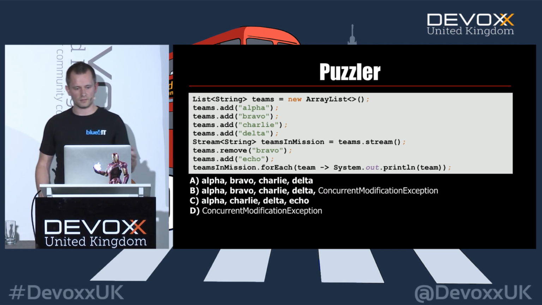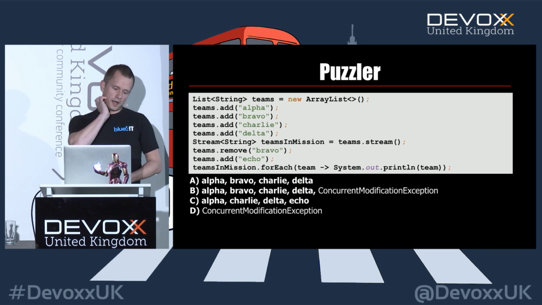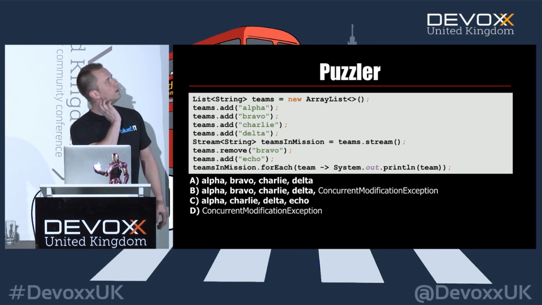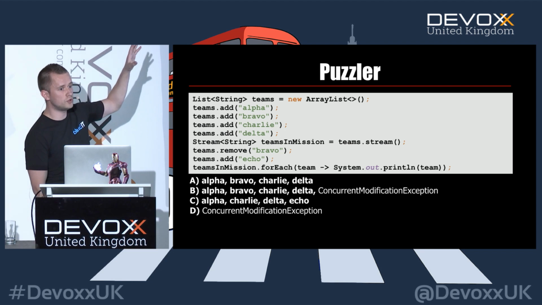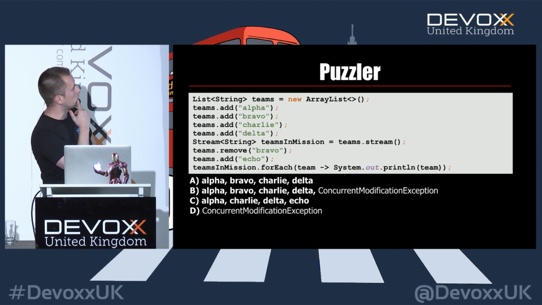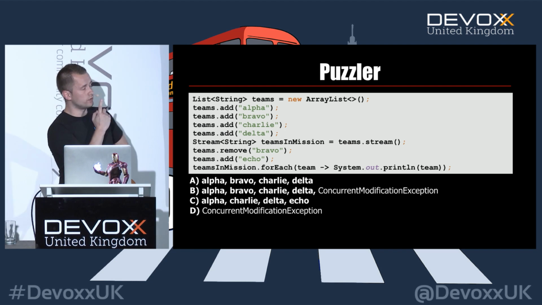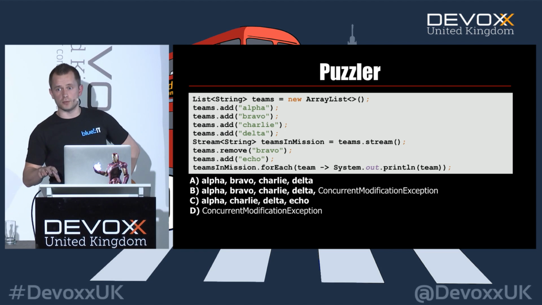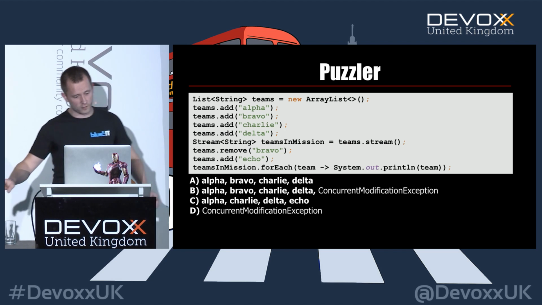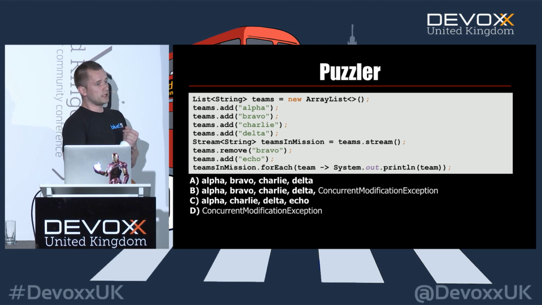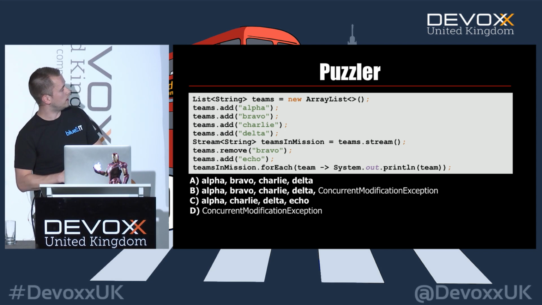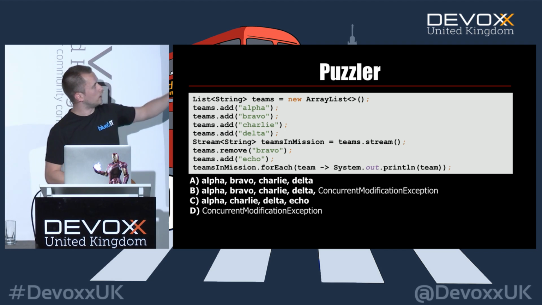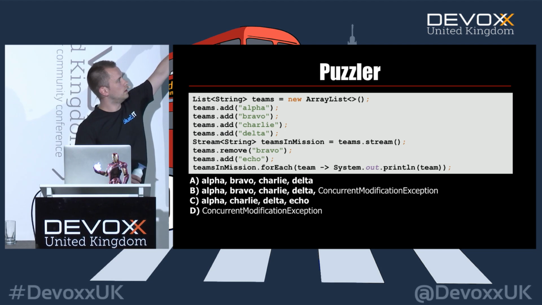Another puzzler to keep you awake. Besides my work as an engineer, I am also a soldier, and I had to plan a mission a few days ago, and I had these teams at my disposal: Alpha, Bravo, Charlie, and Delta, which are my normal teams. But I had a call from team leader Bravo. And he said, my team is not complete, I don't have enough men. I said, okay, I have a spare team Echo in reserve. And I put Echo in. But I already